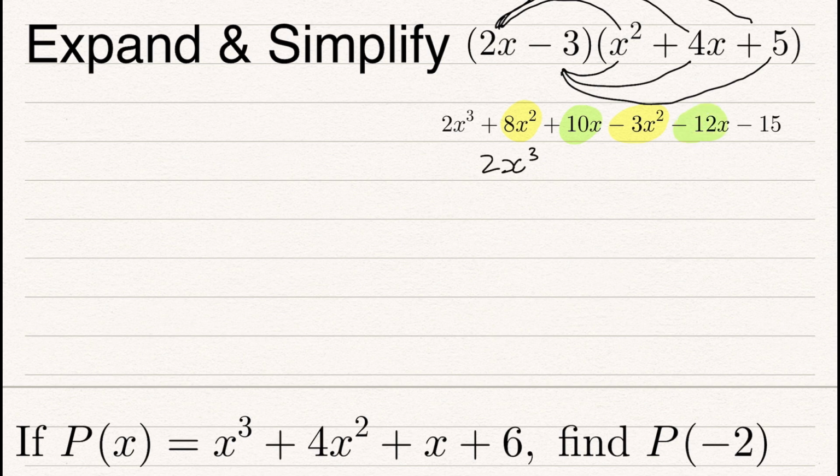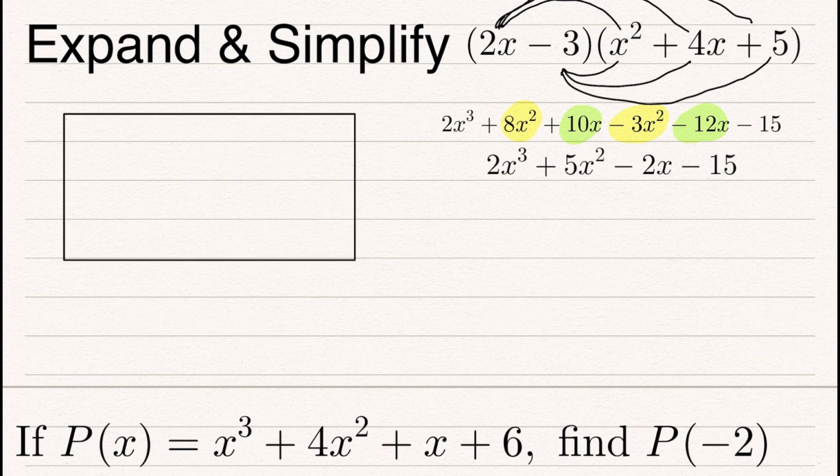So we get 2x cubed plus 5x squared minus 2x minus 15. That's one way to organize our work. And that's often the preferred method for students who feel fluent in this sort of multiplication. Another method that takes up a little more space but can help students who struggle is to use a generic